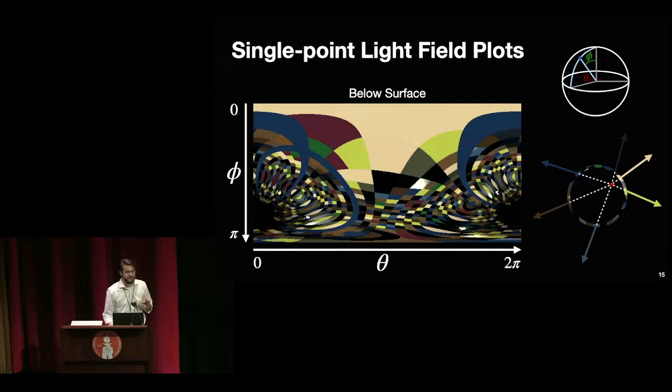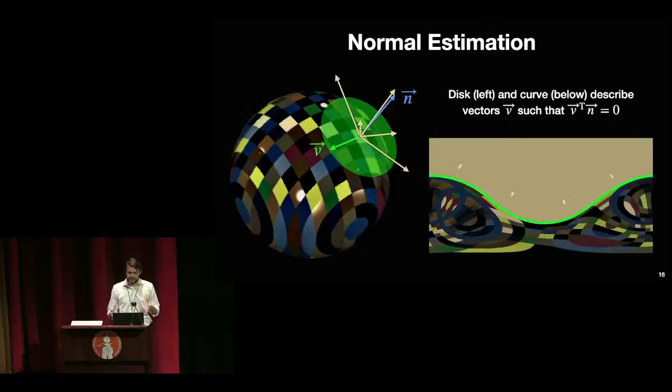For now, we're going to go into normal reconstruction, where we first assume that the point belongs on the surface of our object. If that's true, then we can define a disk of all the possible viewing directions V that are orthogonal to our surface normal. This disk directly corresponds to the curve on our visualization plot on the right that is the transition between this very consistent, low variance region that corresponds to the reflectance of the point and this very textured region below it. So if we're able to produce these measurements on the right, we're able to fit a surface normal